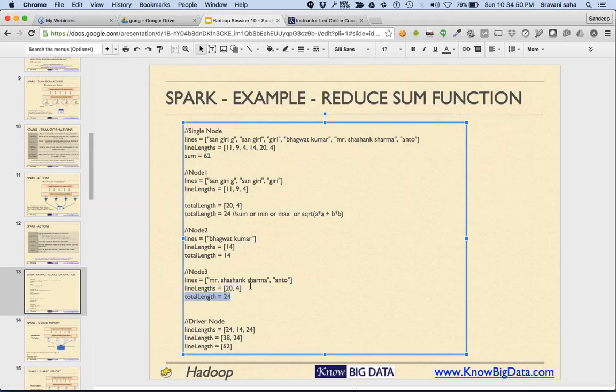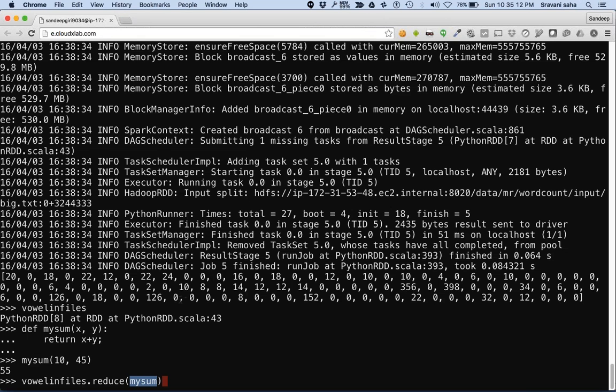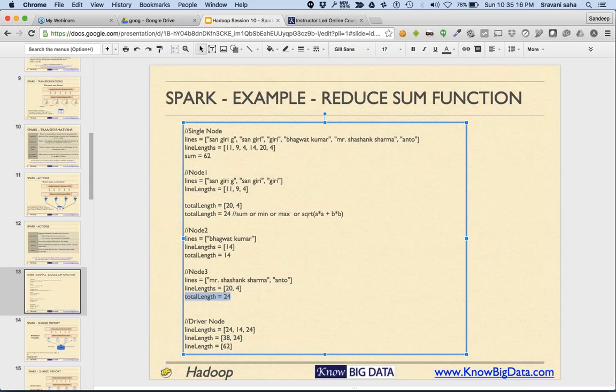Right now, the reduce function was executed on all the 3 nodes, while reduce will also get executed once on the driver node. The driver node is the one from where you're launching the program. Right now, we're launching the program from this particular machine, e.cloudxlab.com. That is our driver node.